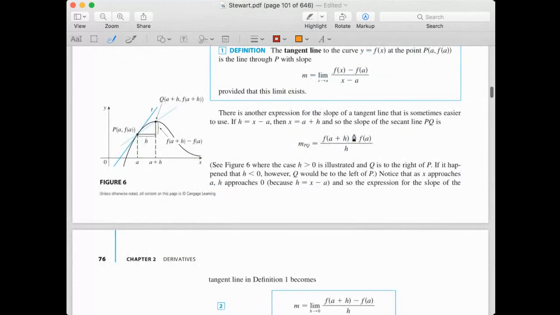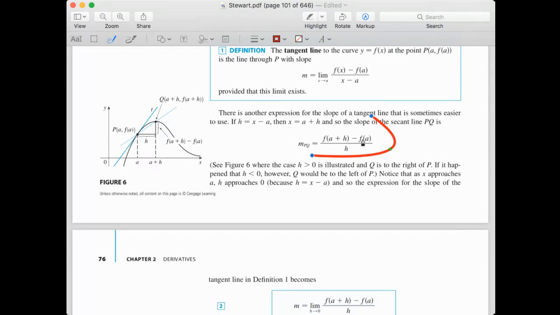Difference of quotient right here. Remember, we have done something about this. f of a plus h minus f of a, divided by h. Right? This is called the difference quotient. Consider h a very small number. So this is saying,